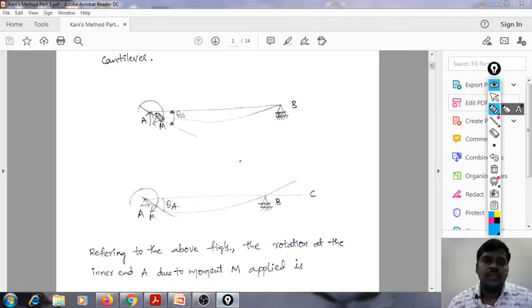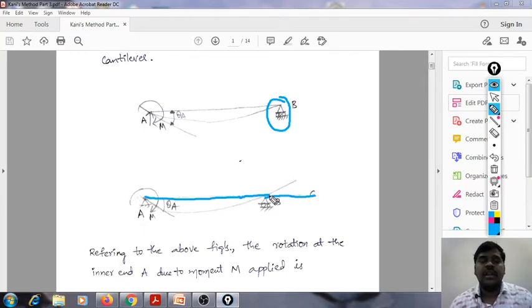So here, if we consider this beam AB, A is a simple support, and A is having some moment M here. This is given as a simple support, and B is a roller support. So B is one of the parts of the simply supported beam. Here there is a line BC like this. That means BC is an overhang, right? AB and BC, this is all a continuous beam.